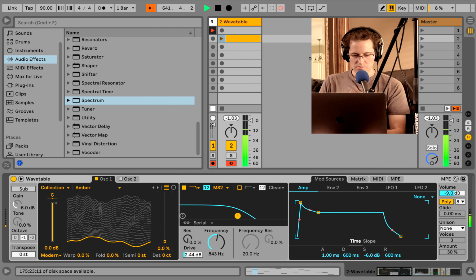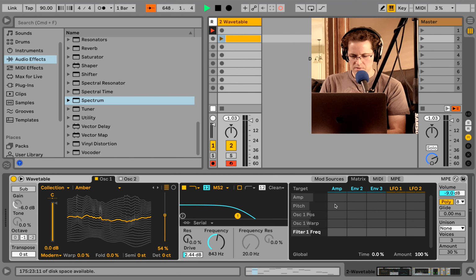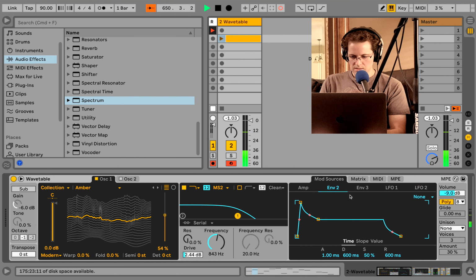But what if I'm playing some notes, and some of them are brighter, or some of them are in different positions than others? That's what I want to get. And I'm actually going to come into envelope 2, and I'm going to assign that to the frequency. So I'm going to click this frequency to make sure it shows up here, and I'm going to give envelope 2. And I'm going to adjust this envelope. Play at the release.